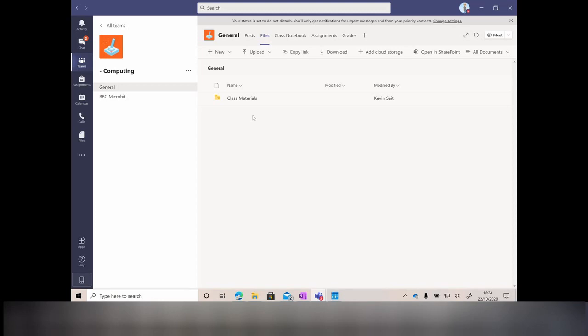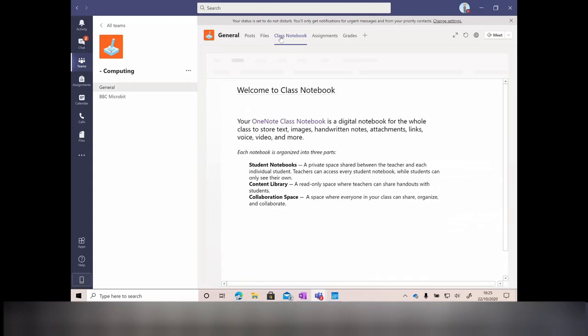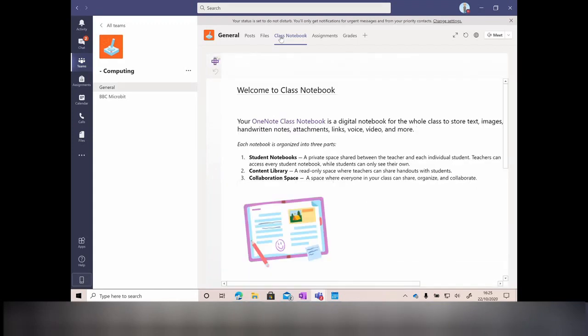So if we look at that space, we have got what we call a collaboration space. So this is again available off this tab. Collaboration space means that all my students and me as the teacher can collaborate in one place. So almost like a mind mapping kind of whiteboard exercise, I suppose. We get a content library, and that is for teacher resources. So students can't edit that. And then we have a teacher only section. So if I click on the teacher only section,